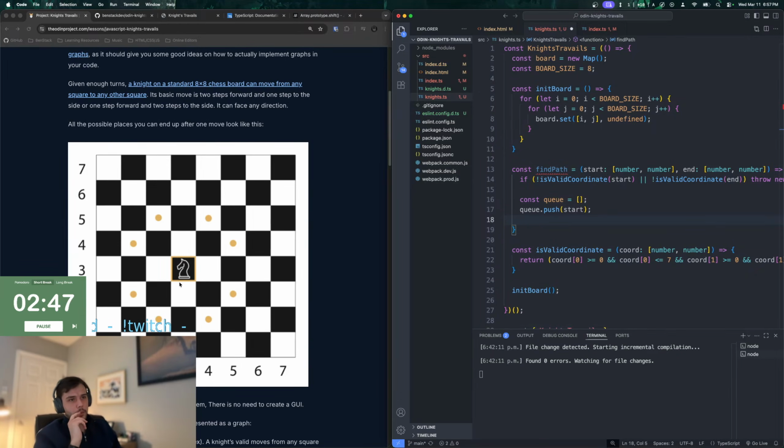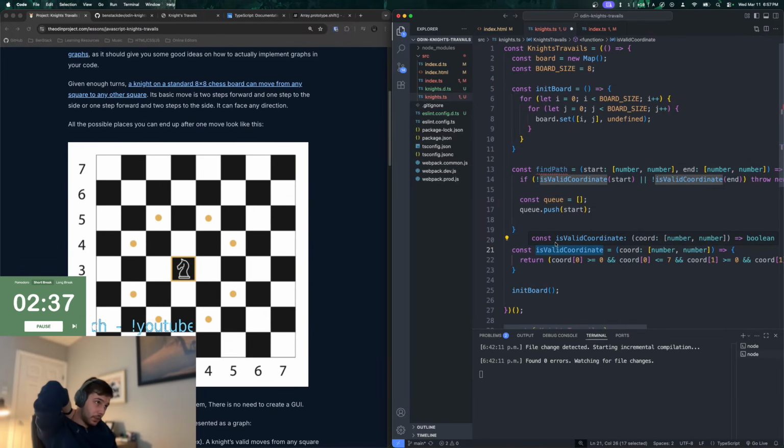For example, if we have a position here like 3-3, we need to get all the positions that it could visit, and then based on the positions that it could visit, we have to validate each position that it could visit, and then if it can, then